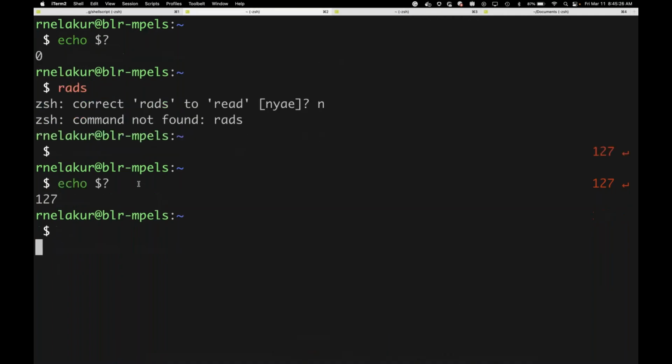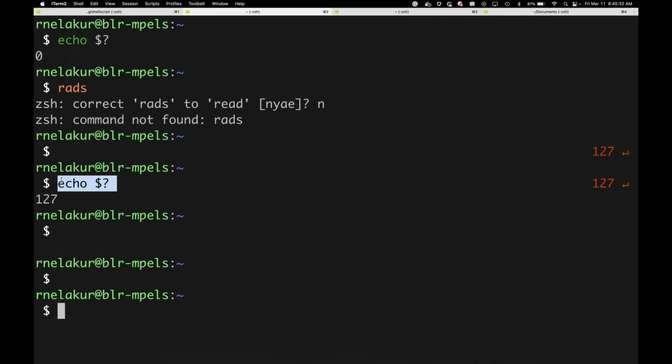So to see whether a particular command was successful or not, we can use the dollar question mark, which most of the time, in a shell script or even on a command line, we use for the previously executed command. What are the scenarios where you want to depend on one command, whether this particular command is installed or not? For example, in my shell script, I'm going to install a new package or run a particular command. And if the command failed, it will still execute the sequential steps. And if you want to control those,